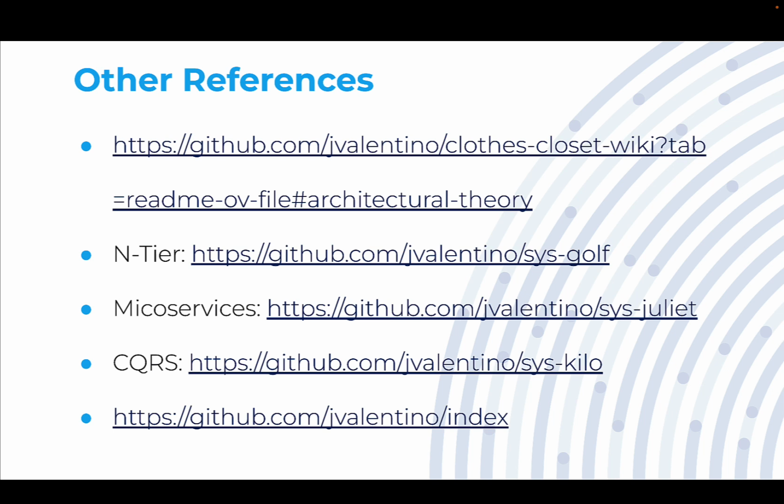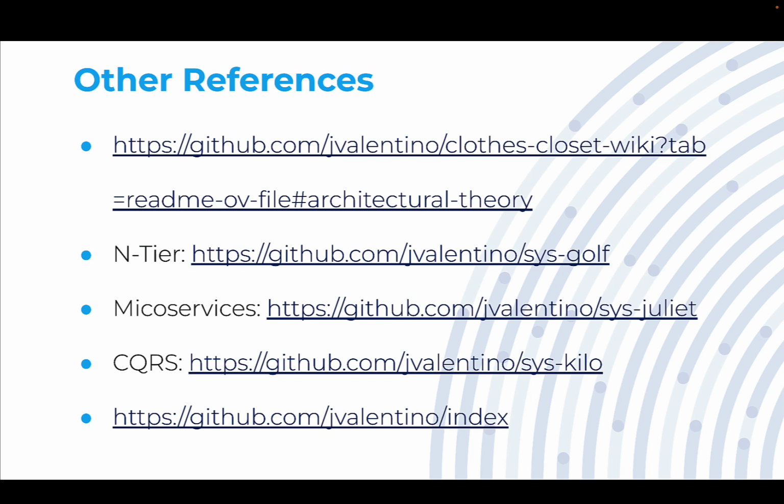explaining the architectural theory, starting with original two-tier type systems and walking through the architectural history and evolution into these CQRS style systems. Along with that same journey, there are a series of examples on GitHub, starting with the N-tier system, that are fully working systems, meaning applications, front ends, back ends, databases, monitoring, logging, and alerting, that are available